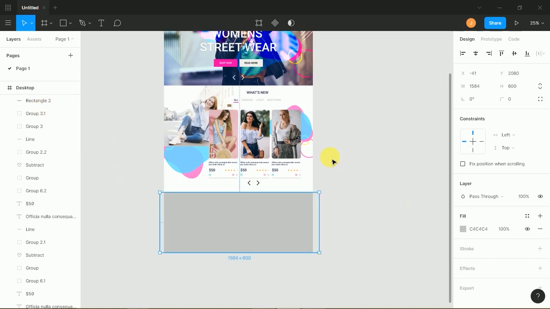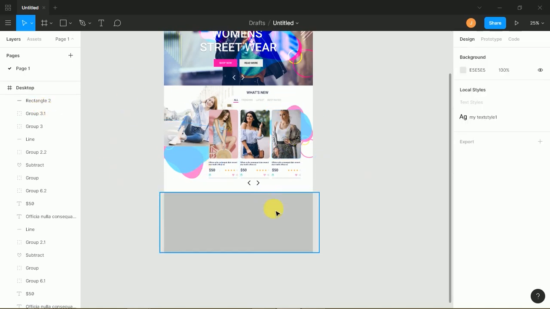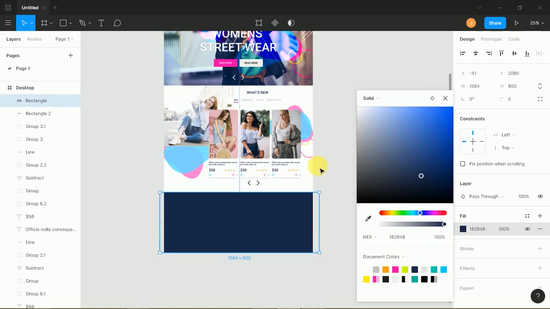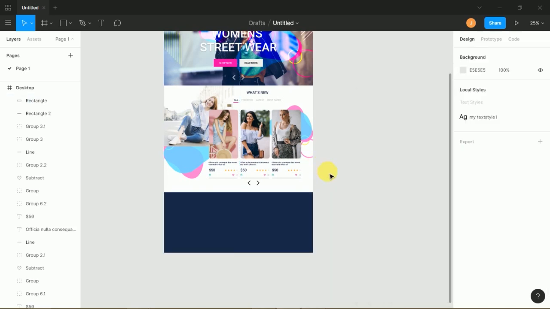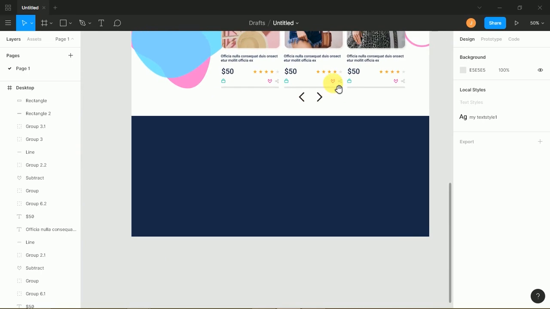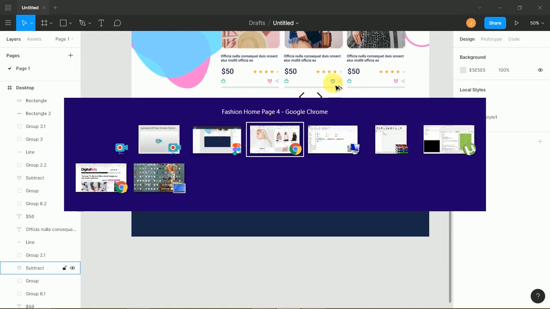You can repeat these sections and make something, and you can add testimonials about the site, and more you can add. This is the footer where you can add